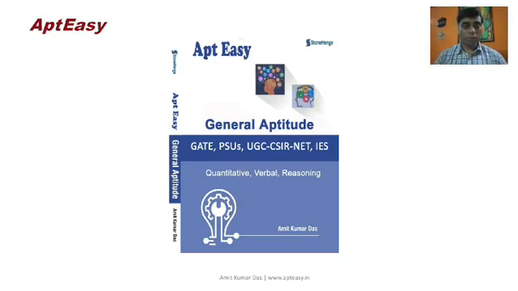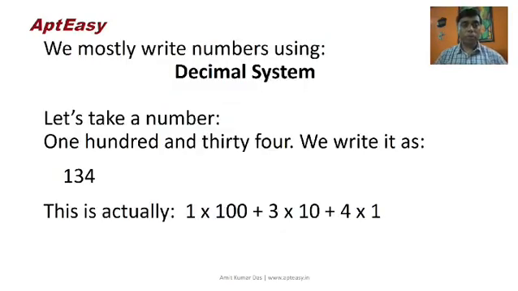So let's move on to the topic. We mostly write numbers using the decimal system. So whenever we write any number, when you do the calculations, you all use the decimal system. So when I say 134, we write it as 1 into 100, right? 1 into 100